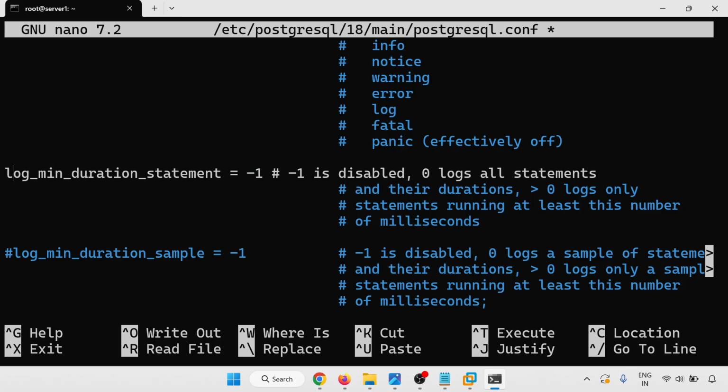Log minimum duration: I'm giving 0, so all log statements will be logged. I'm giving 200 only when I need the least number of milliseconds, so 200. Now